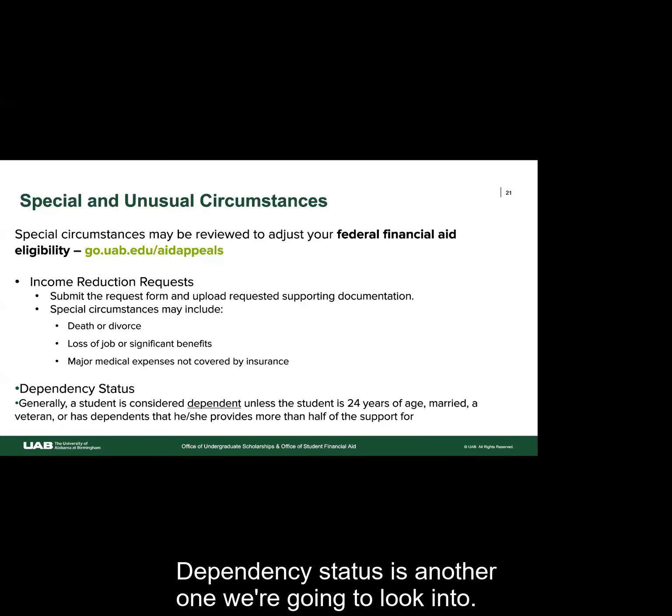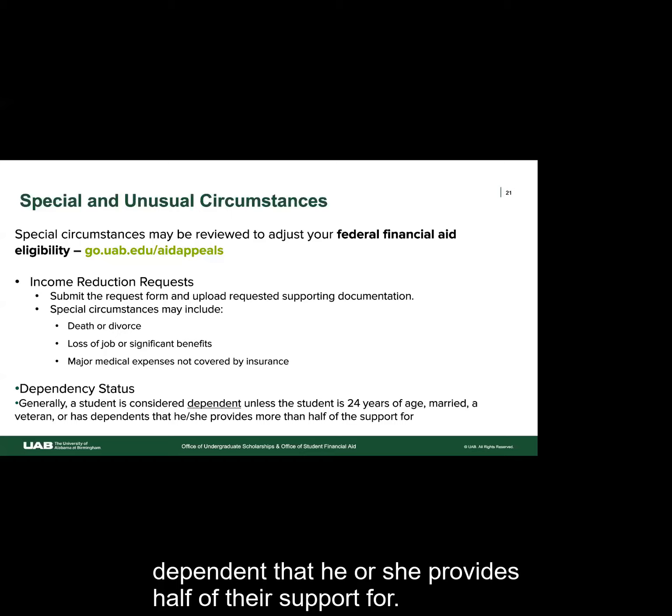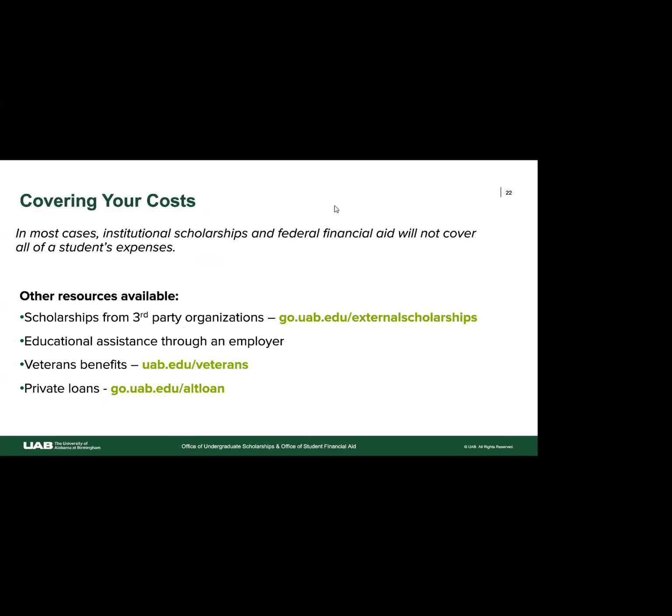Dependency status is another one we're going to look into. Generally, students are considered a dependent unless they're 24 years of age, married, a veteran, or have a dependent that he or she provides half of their support for. So in that case, and just going back on the